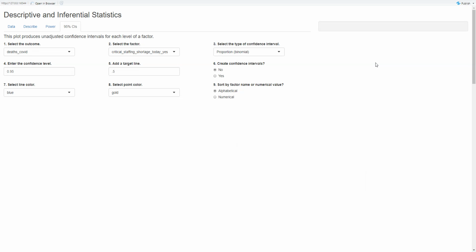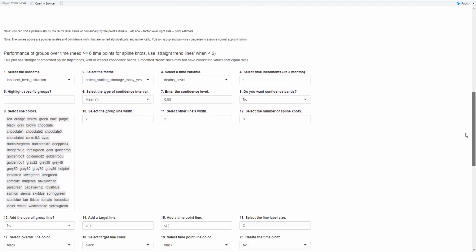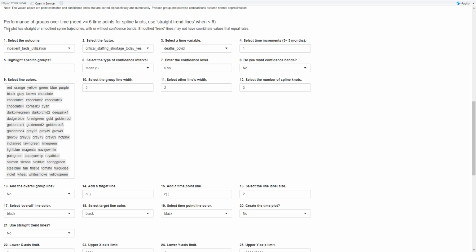This video covers how to do trend plots and 95% confidence intervals for those trends by groups over time. And this can be done from the 95% CI tab. So from the 95% confidence interval tab, scroll down towards the bottom, under the section that reads as performance of groups over time,